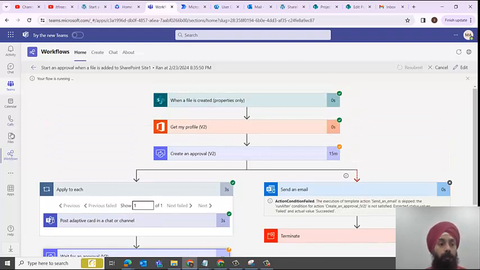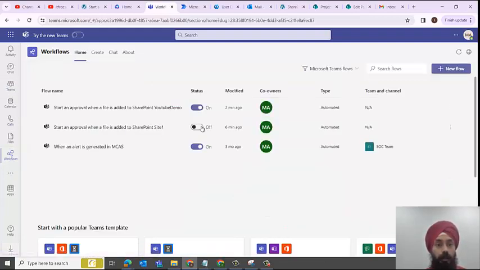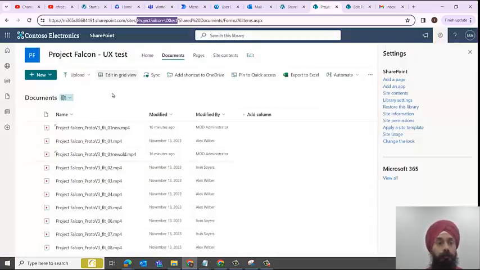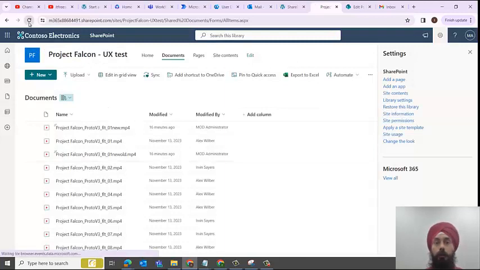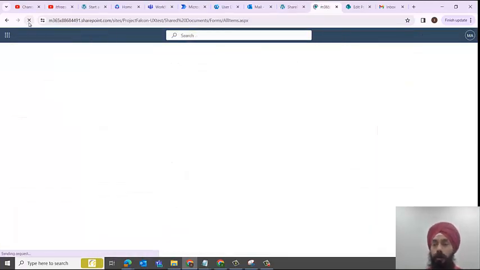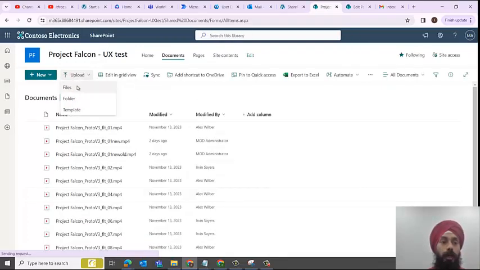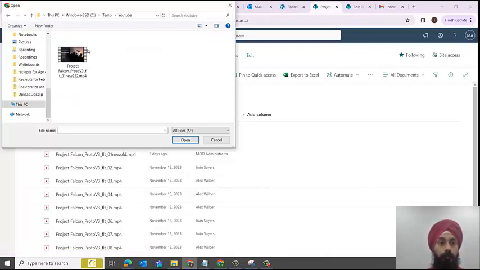Okay, so I'll just go ahead and enable this as well to make sure that in case this executes, because this is running on the same list. Okay, so I just hit refresh over here once, and once I'm doing the refresh, I will go back to my document. This is the document library where I have set up the flow, and I select upload document. I say upload file, and